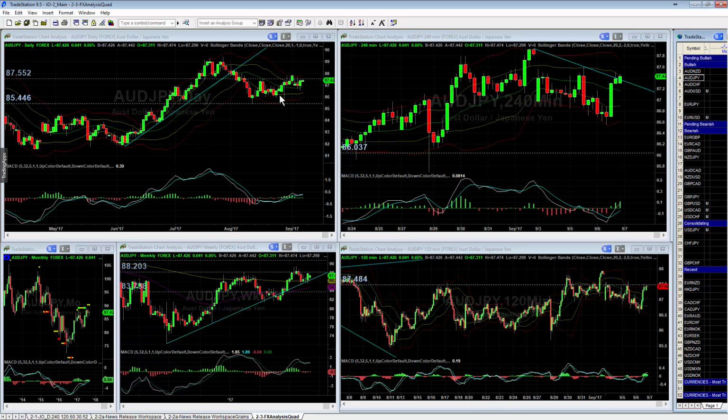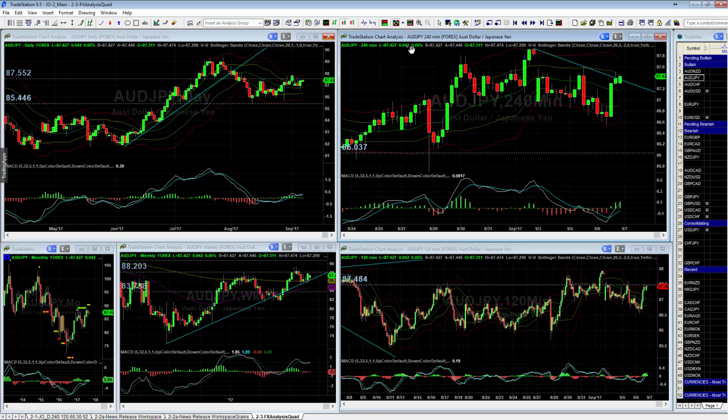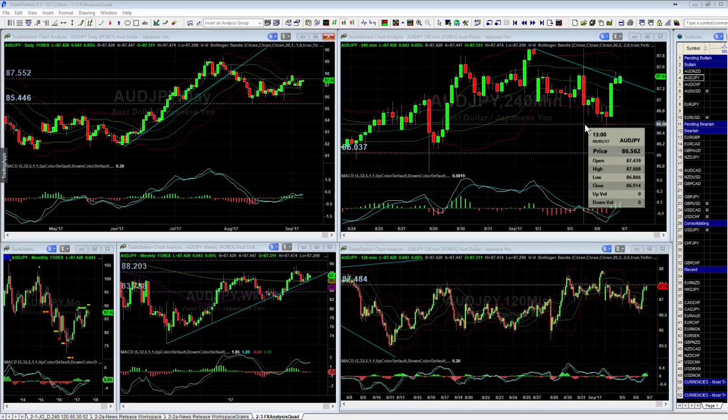The Aussie yen also coming up out of its consolidation channel, breaking above this previous pivot here and then giving us a similar buying opportunity if we can get above this line, which we have. So now we could be looking for an opportunity to jump in with our first target being the high of this previous pivot, and that would be at about